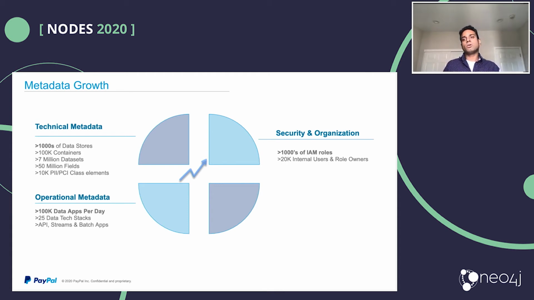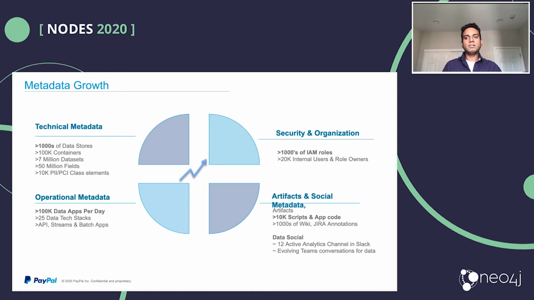And the most complex and challenging part is artifacts in the form of code, logs, creating lineage, and also tapping into the social data, where we'll be tapping into all of these not very well structured data assets, which are exposed in the form of APIs or in the form of logs. So when we put all these things together, we are looking at metadata itself as a big data processing problem. That is why the scale of Apache Spark and the access simplification of Gimel come into play in the form of architecture and data pipeline capabilities.